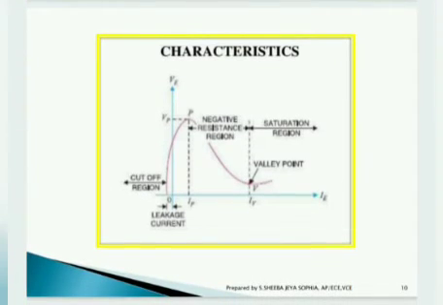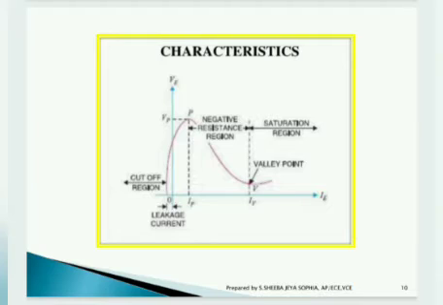Moving to the characteristics, you can see the VI characteristics, that is emitter voltage versus emitter current, and the point Vp is said to be the pinch off point, where the negative resistance region occurs between IP and IV, where V is the valley point. That is, after reaching the maximum point, peak value P, it drops down to a valley point V. The region between P and V is said to be the negative resistance region.